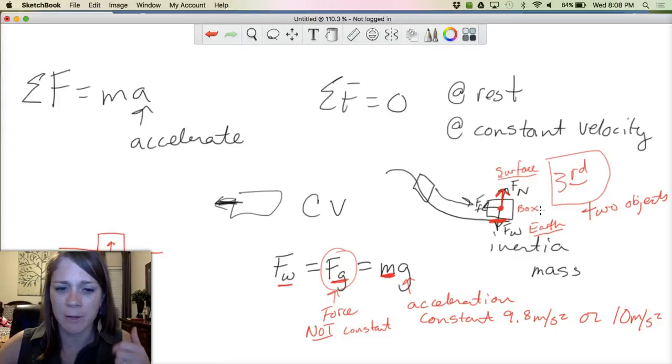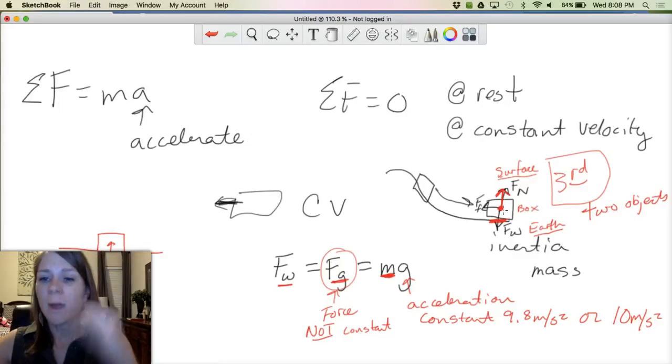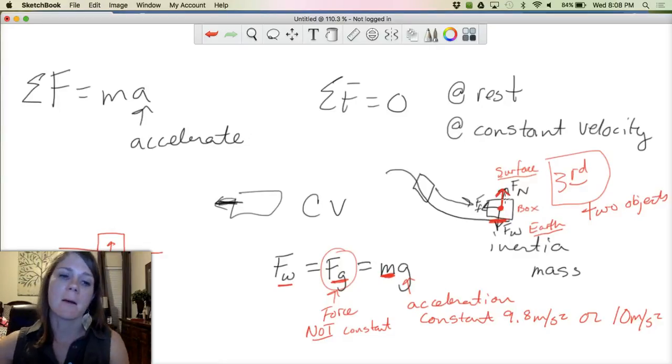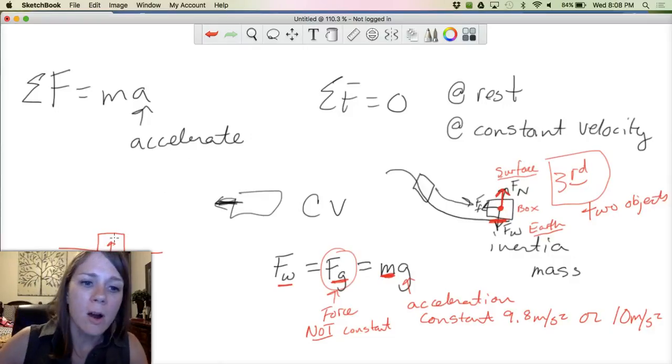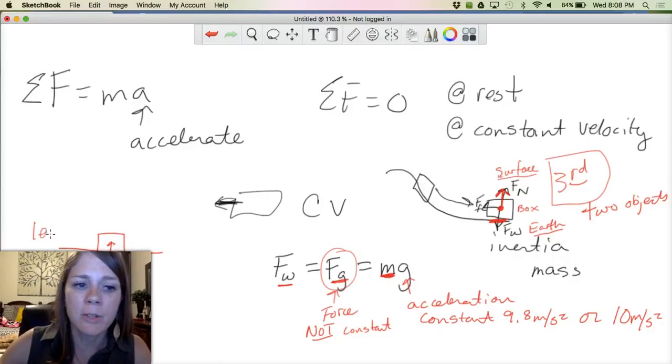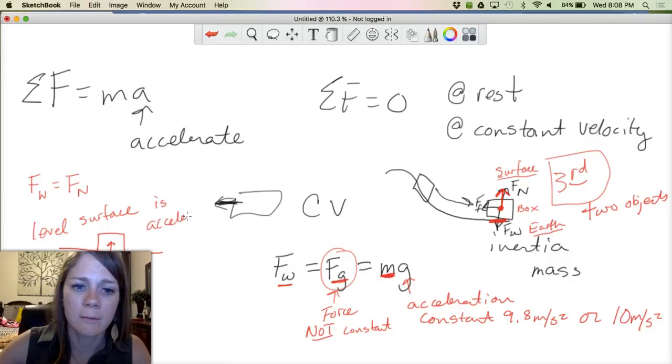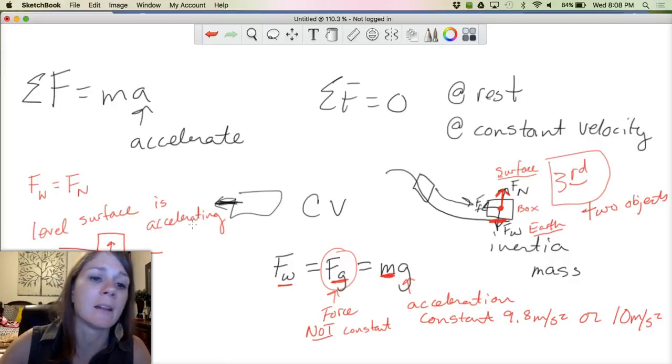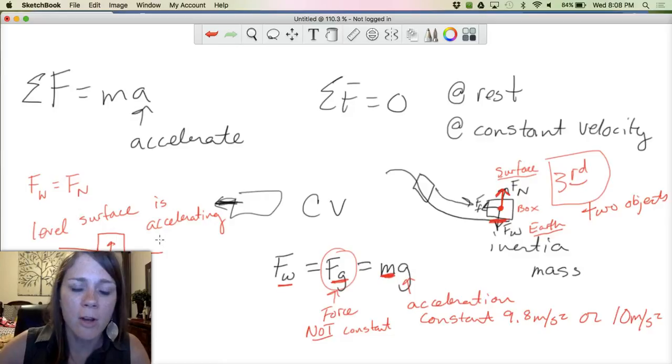The weight force and the normal force will not always be the same magnitude. When are they the same? If I'm on a level surface, F of W, which is Fg, or mg, will equal Fn if I'm on a level surface and that surface is not accelerating, like in an elevator. And there are no additional forces